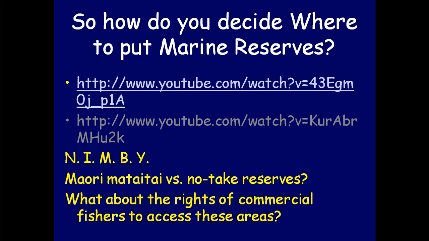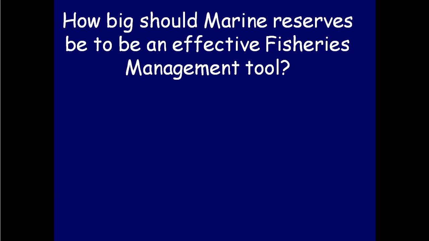But in terms of these marine reserves, you are limiting the rights of commercial fishers to access these areas. Okay, so they have that quota right, and they, by law at this point, have the right to access all areas. Okay, that we still have freedom of the seas unless those areas are marine reserves. And how big should they be to be an effective fisheries management tool? Is half of Motiti a big enough area? Should all of Motiti be a big enough area? Will that do anything for the local crayfish population, or do they migrate in and out?